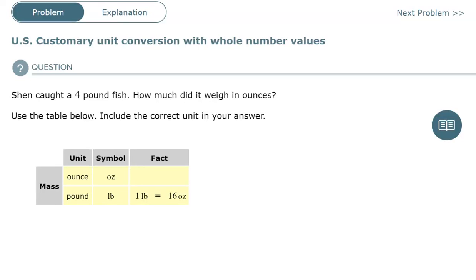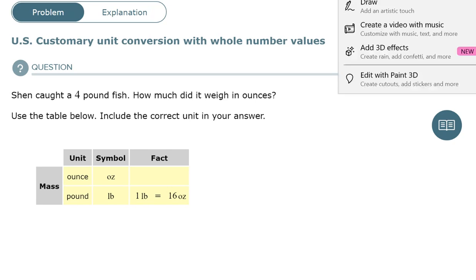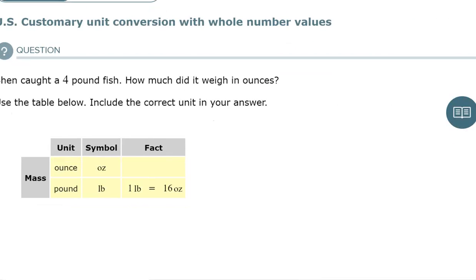We're going to talk about how to convert between U.S. customary units of conversion. This is very similar to when we talked about equivalent fractions. So you're not trying to change the amount that's there, you're just trying to express it in a different kind of unit. So for example, we talked about what it looks like if you have